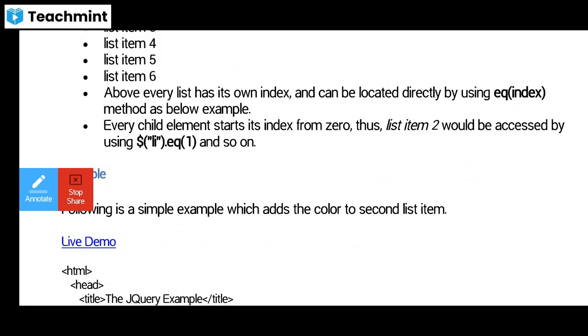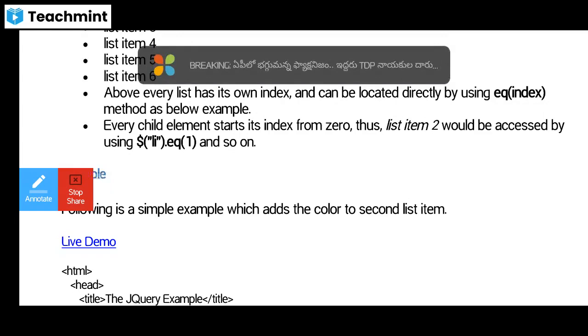So this is the disadvantage of this one. We are going to specify only one element, not different types of elements. If we need one element, we can easily specify the index value. We cannot specify two or more elements. So that is the disadvantage of the equivalence index. So here is the example.